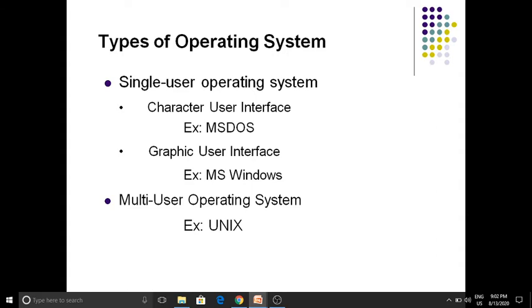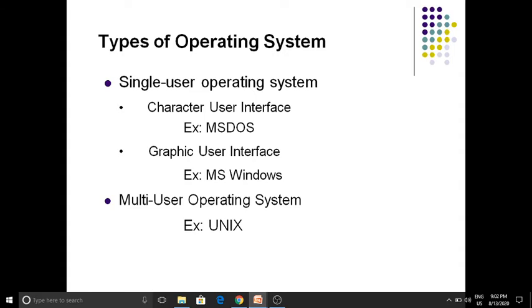For example, MS DOS is a character user interface in which we use the keyboard. The next single user operating system is the graphical user interface. Here we use the mouse as an input device, and the example of a graphical user interface is MS Windows. Okay, MS Windows is a graphical user interface in which we use the mouse as an input device.